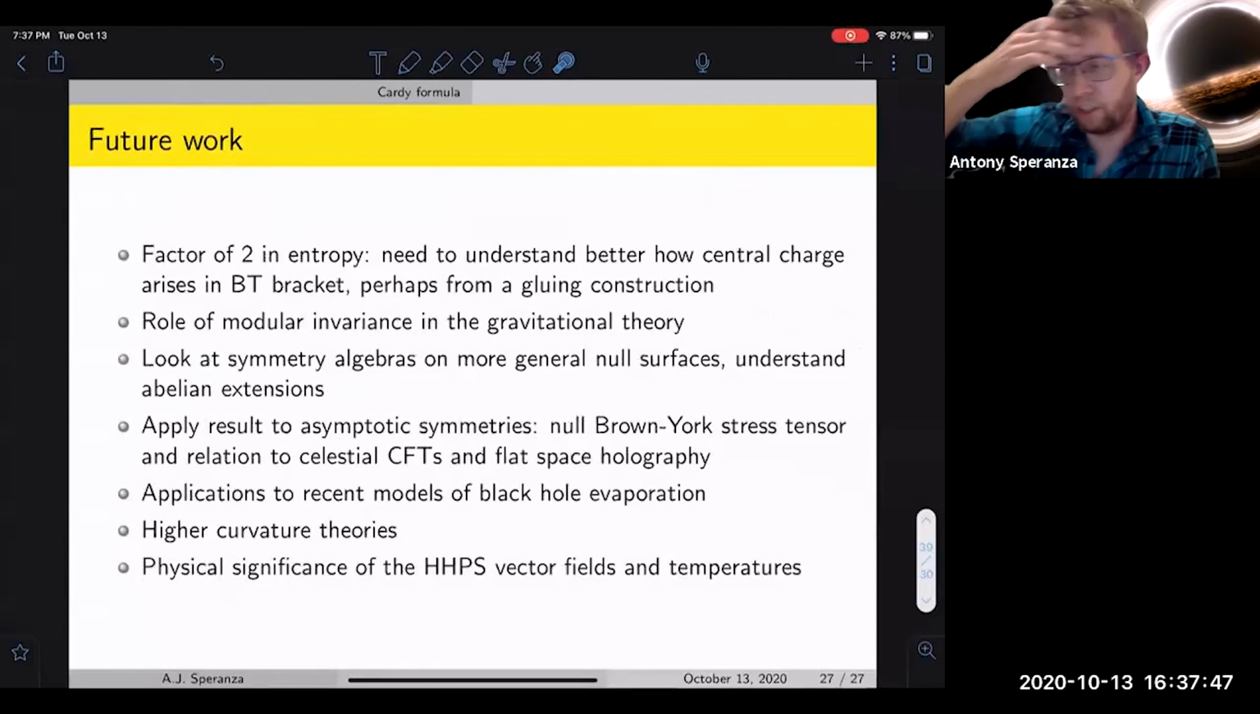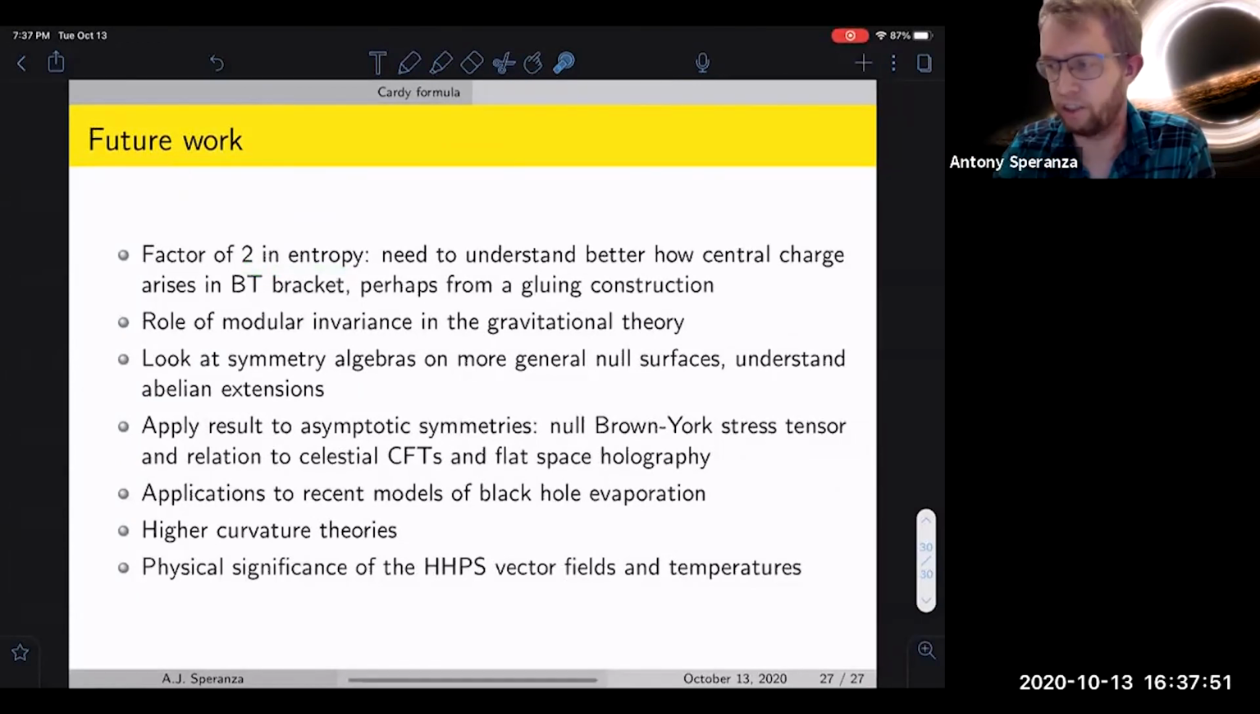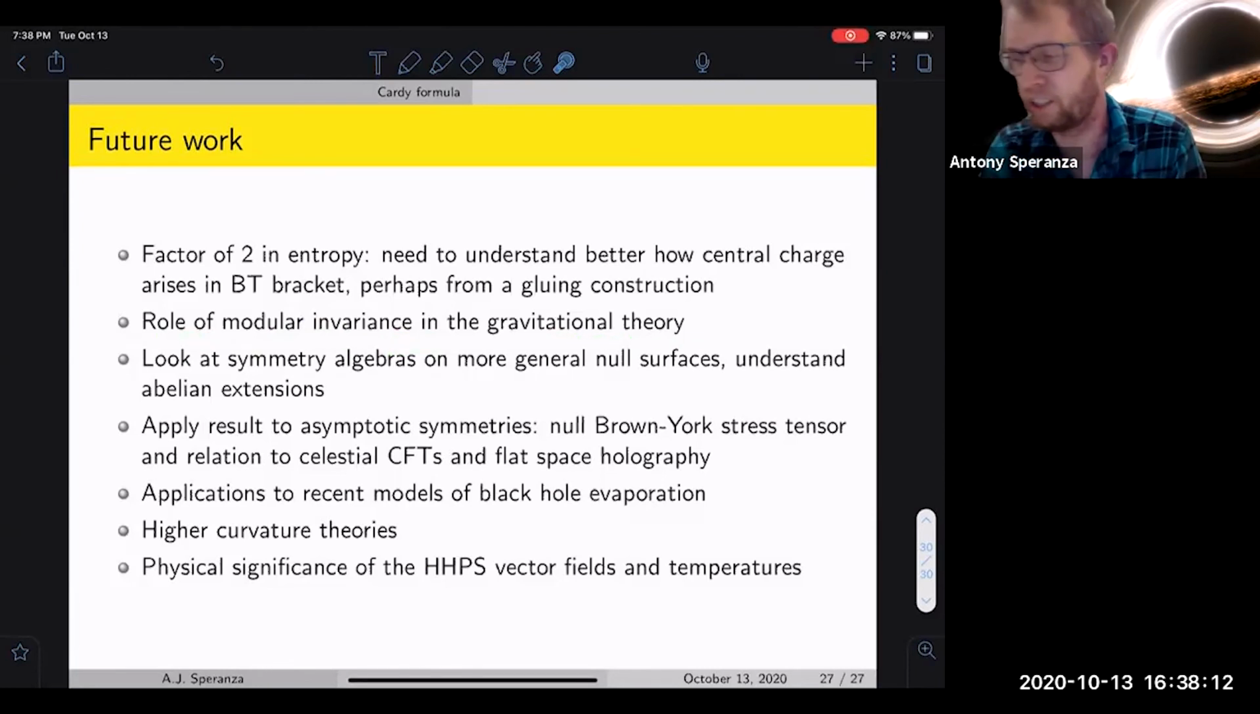So just to mention some future work, I guess this factor of 2 would be the most pressing issue, and it'd be nice to see how it arises from this bracket, and in particular, if you can derive this bracket from a setup where you've glued the two subregions together. Another really interesting question, and maybe an essential piece to this whole story that we unfortunately don't have much to say about, is that the Cardy formula, if you look at where it comes from, it actually kind of has